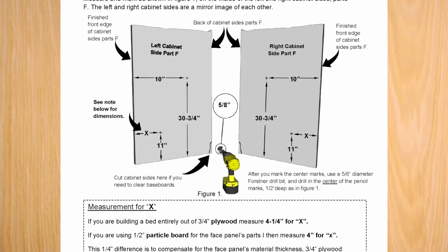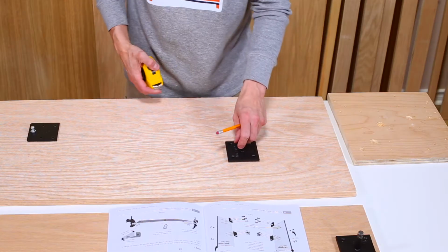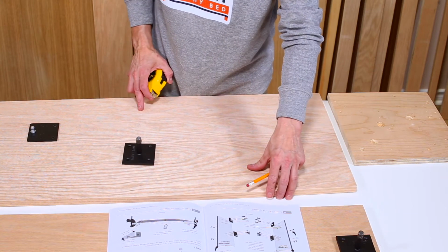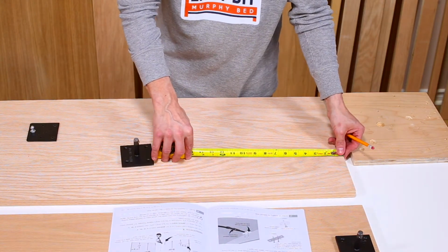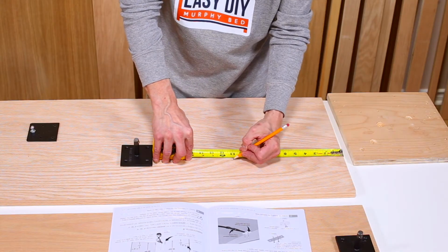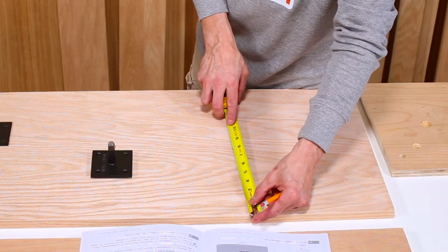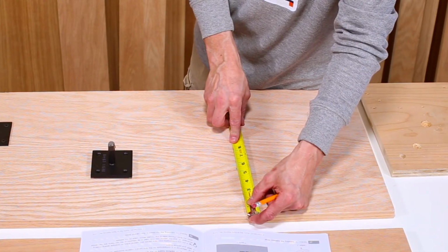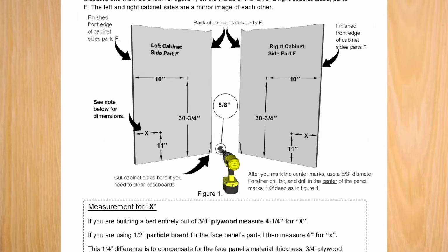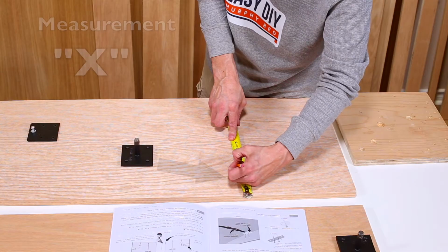Refer to section 13 in the construction guide for all measurements and diagrams. Measure and mark according to the measurements indicated in the construction guide. Pay close attention to the orientation of your cabinet side. The lower male pivot plate will be mounted near the finished edge of the cabinet panel. This measurement is shown as measurement X in the construction guide, and is very important because it needs to be